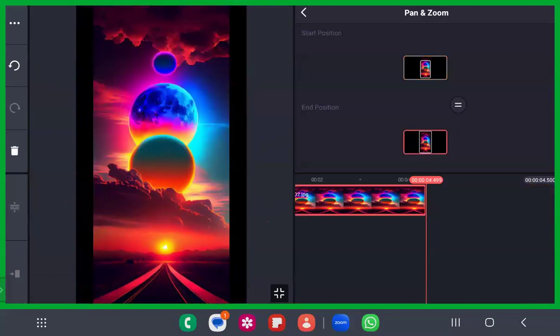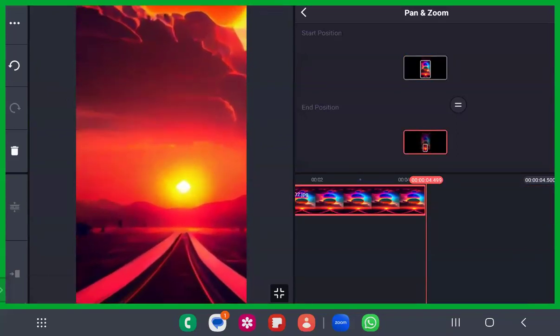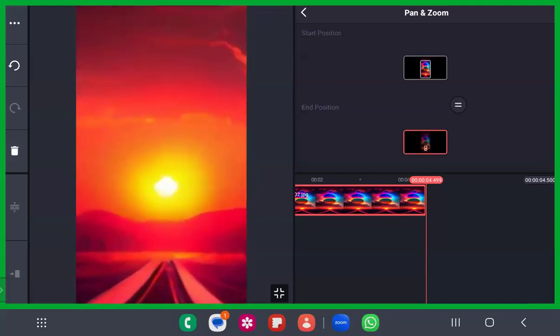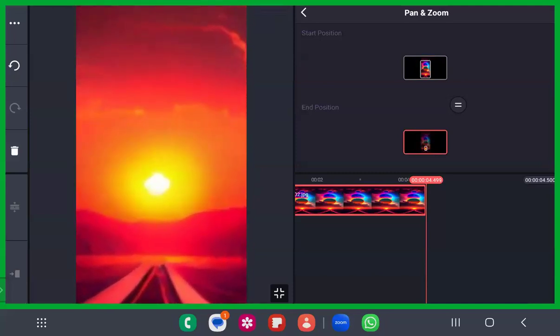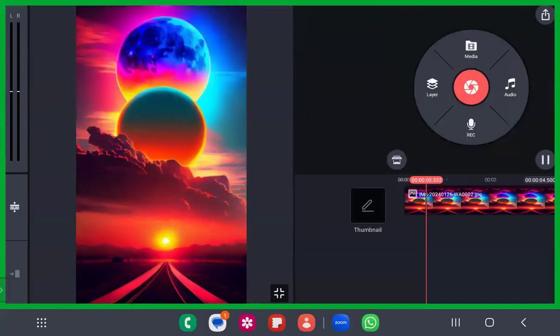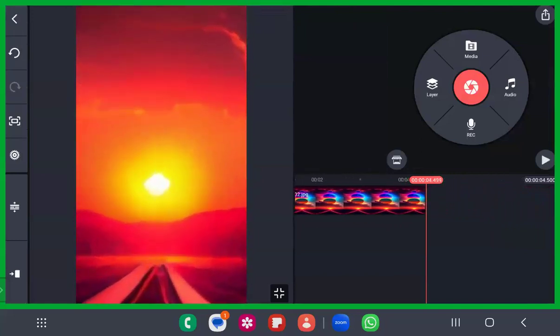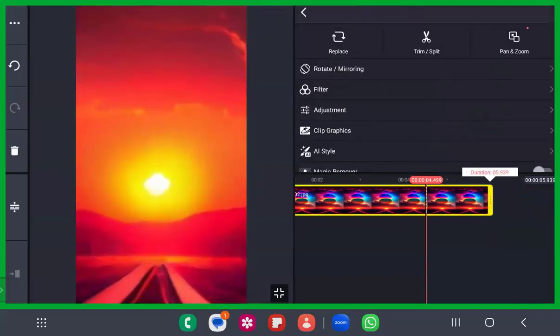Okay, let me keep this as an end position. See how beautiful it would look if it is moving inside this road or something like that. We'll just give it a try. You have to try it out with different things. So see here, we just converted a photo into a video, right? How beautifully a photo is converted into a video.